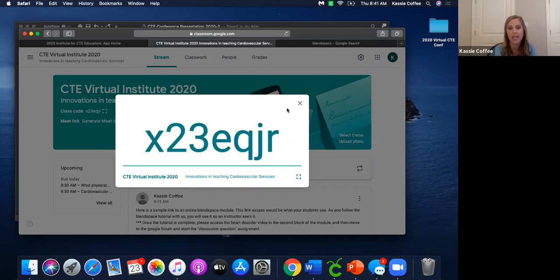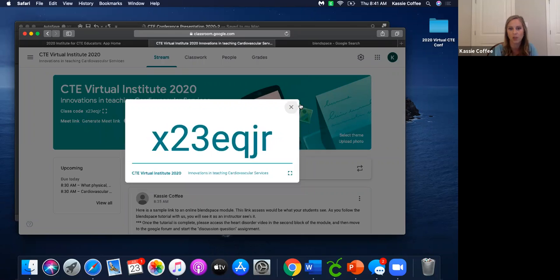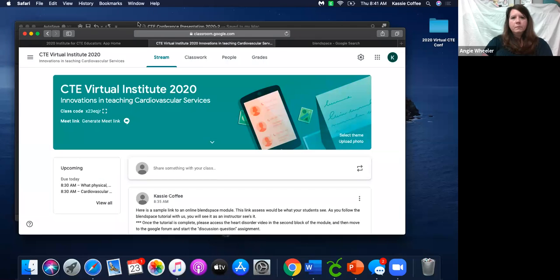So if that's the case, we'll just kind of move forward then, because I know whenever I'm on my personal Gmail account, I can't even log into Google Classroom. So that might be the experience if they're doing that from a personal email. So we'll just kind of move forward and show you guys what it looks like from the teacher experience then.